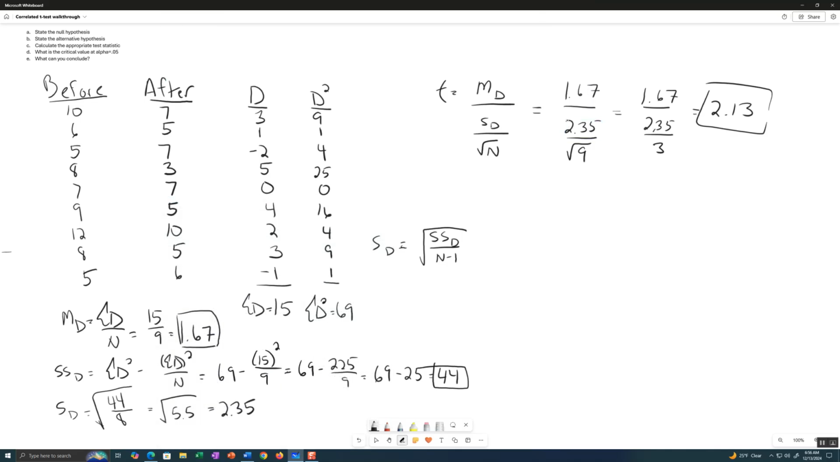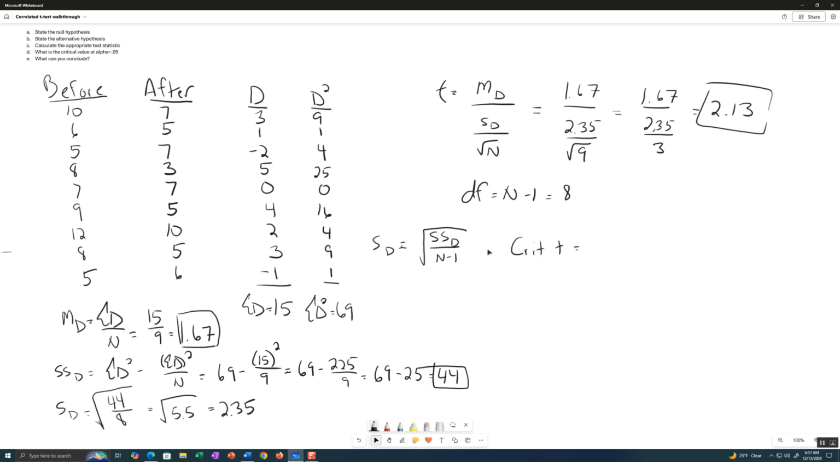We know that the degrees of freedom is equal to the number of pairs of scores minus 1. There's 9 pairs of scores, minus 1 is 8. So that's my degrees of freedom. Now we need to know the critical value. So the critical value of t with 8 degrees of freedom. And actually we need to write the hypothesis so we know if I'm looking for one tail